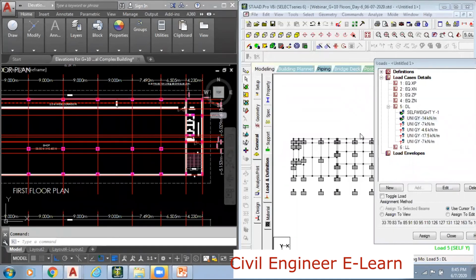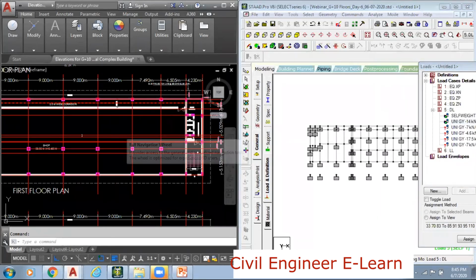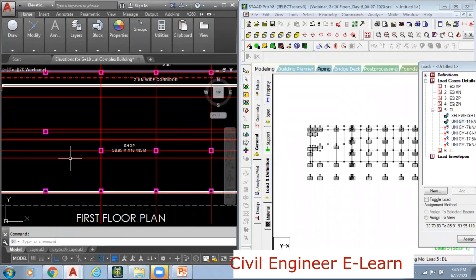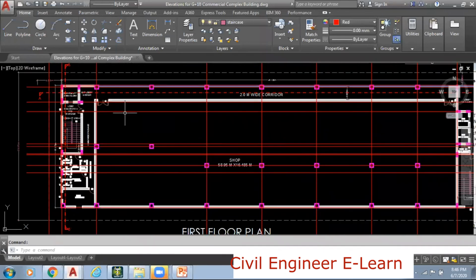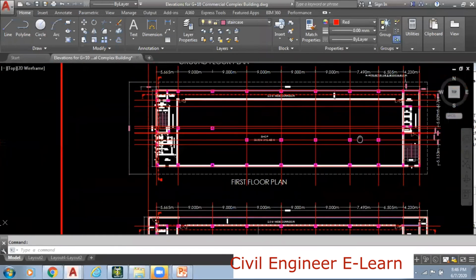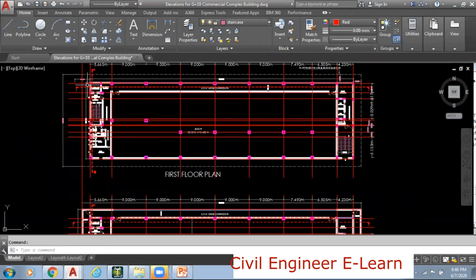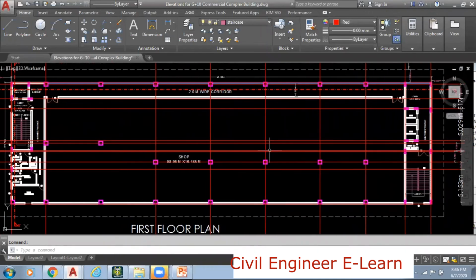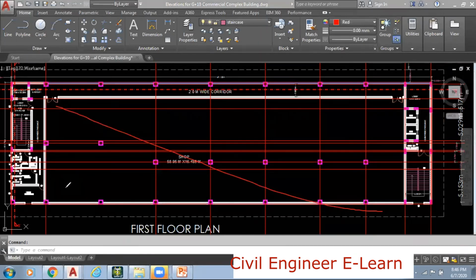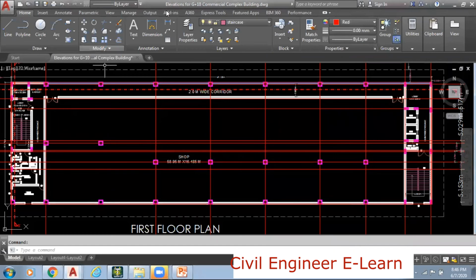Wait, wait, wait. We have not completed anything. See now. So this is the first floor plan. Here, if you can notice it, we have one more wall load here. So there are all the wall loads. All periphery beams are assigned with the load, and this one also. This lift load and this one, all these beams are assigned with the loads. And here in this central portion, there are no beams at all. Here to here, no beams. I mean, no walls. Right? So I just wanted to understand. Yes, this is clear now.